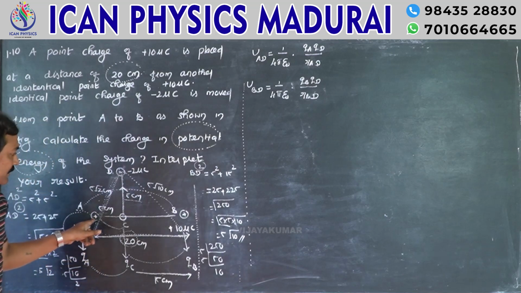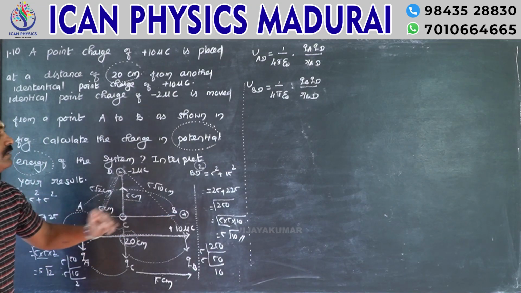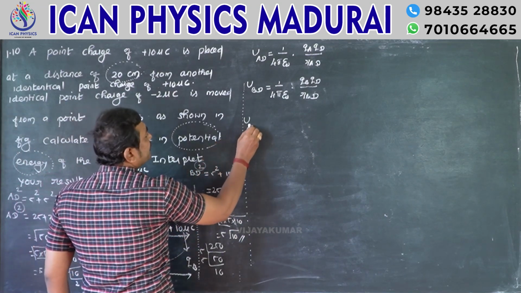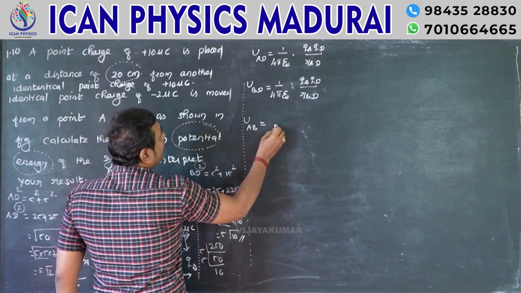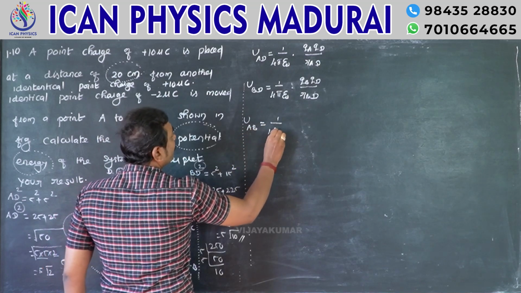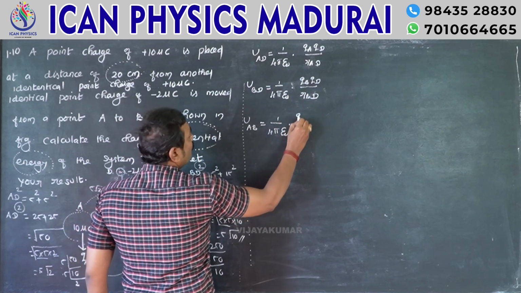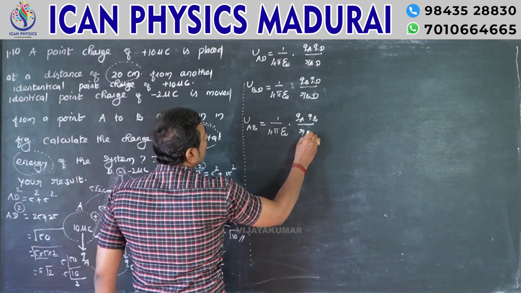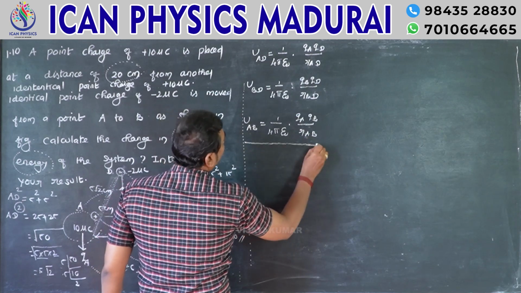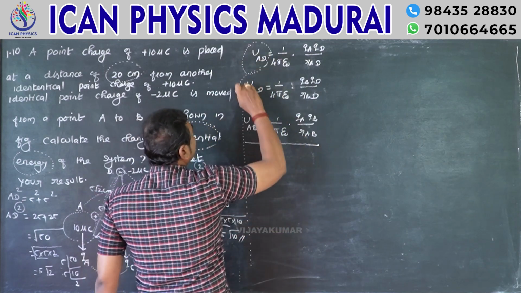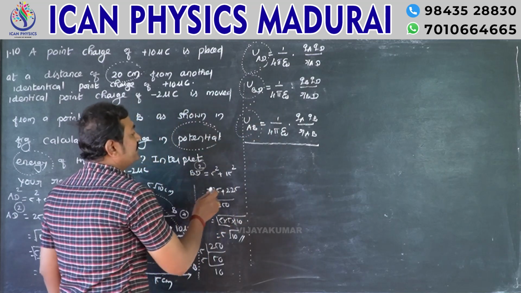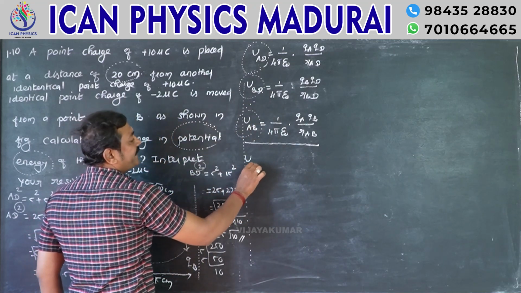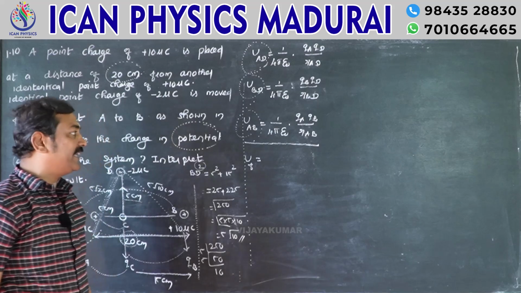Now between these two, the electrostatic potential energy between A and B is 1 by 4 pi epsilon 0 QA QB by RAB. So when we add these three,